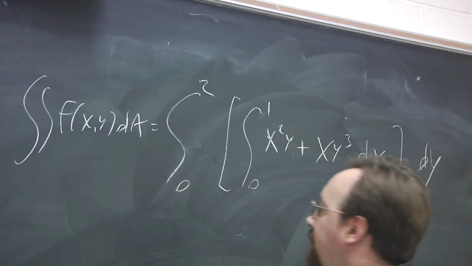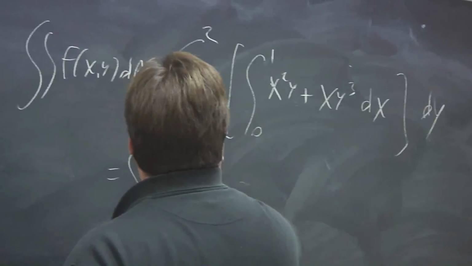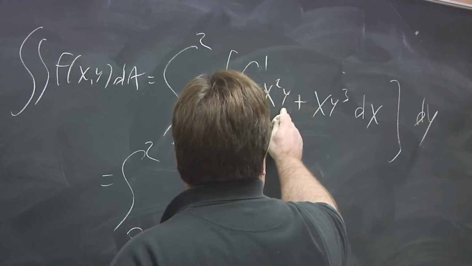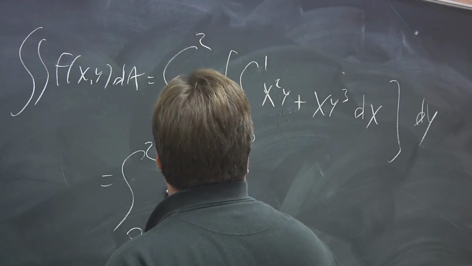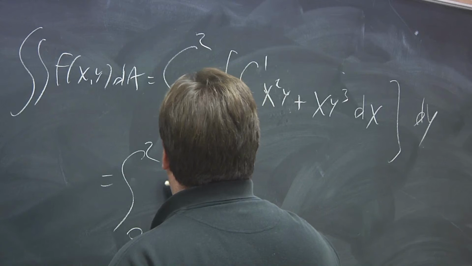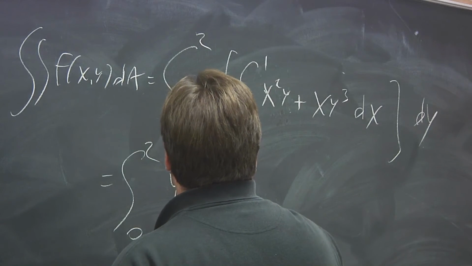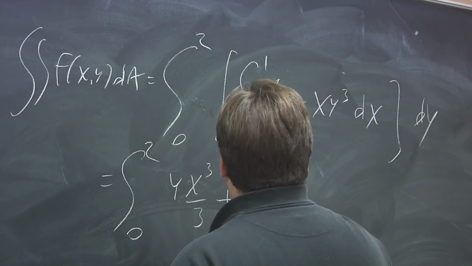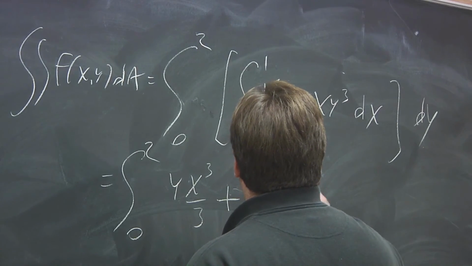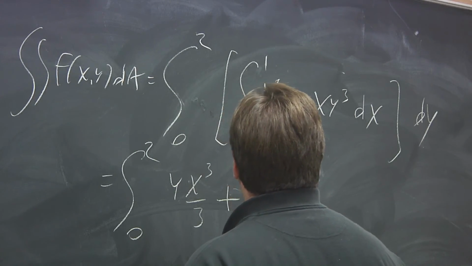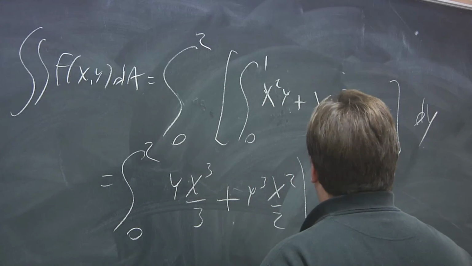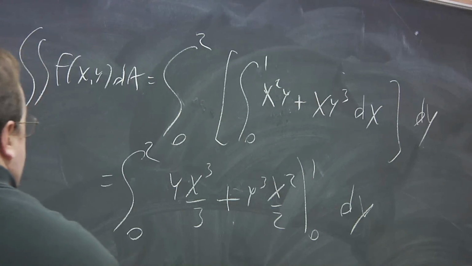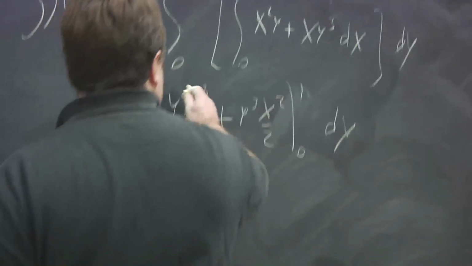So now what we do is we treat y as a constant and we're integrating with respect to x. So we're going to get y times x cubed over 3 plus y cubed times x squared over 2 evaluated at the limits 0 and 1. So we just plug in those limits, so we get